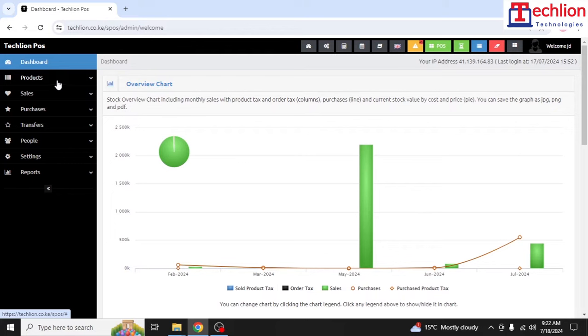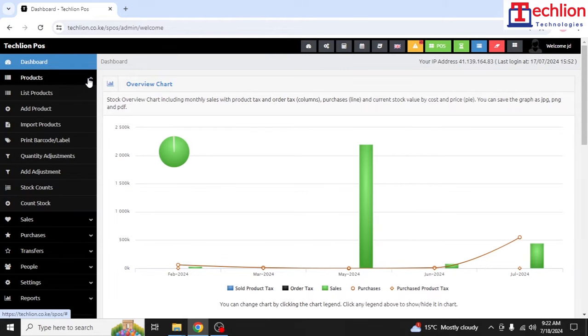Under the products menu, this is where you will be able to perform all the tasks that involve the products that you are dealing with in your business. You'll be able to access the list of your products, add products to your POS system, and add import products. That is, if you are dealing with products that you're importing, you will be able to add them to your POS on this icon. Print barcodes and labels for your product,